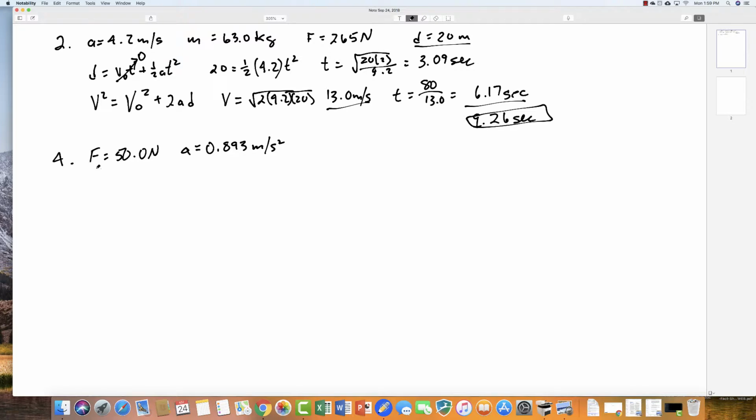Okay, so the force is equal to mass times acceleration. That's Newton's second law. So the mass is going to equal the force divided by the acceleration, which is 50.0 divided by 0.893. And so that is going to equal 56.0 kilograms. Now, the second part of this